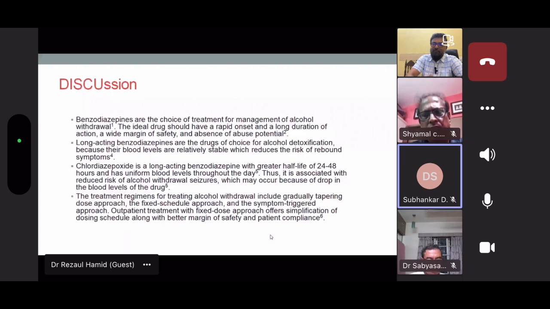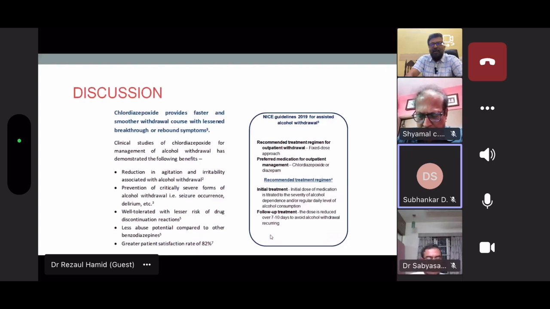The treatment regimen for treating alcohol withdrawal includes the gradual tapering of the dose approach, the fixed schedule approach, and the symptom triggered approach, depending on the symptoms. The outpatient treatment with fixed dose approaches offers simplification of the dosing schedule, along with a better margin of safety and patient compliance. And this is only applicable for a mild to moderate form of alcohol dependence, without any physical and other psychiatric comorbidities. So chlordiazepoxide provides a faster and smoother withdrawal course with lessened breakthrough or rebound symptoms of